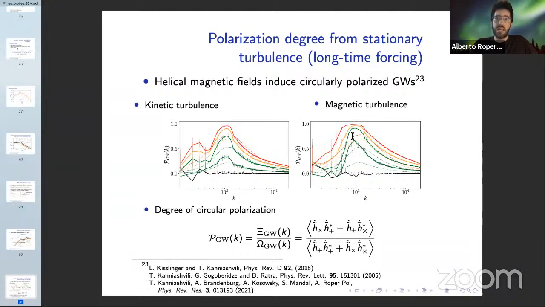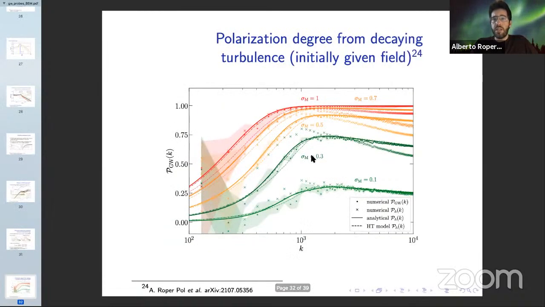And in the case of magnetic turbulence, we can actually see that there is a helical inverse cascading around the peak. So we can actually observe and predict from these numerical simulations what is going to be the spectrum of the degree of circular polarization. So these are some new results that we have just published in this paper that I